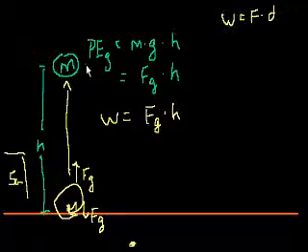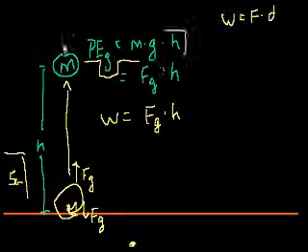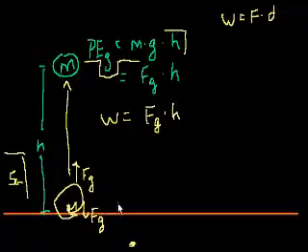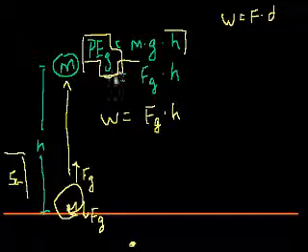And I know when we studied potential energy, it seemed like there was kind of an absolute potential energy, but that's because we always assumed that the potential energy of something is 0 at the surface of the Earth, and that we want to know the potential energy relative to the surface of the Earth. So it would be kind of, how much work does it take to take something from the surface of the Earth to that height? But really, this statement shouldn't be, this is just the absolute potential energy of gravity. We should say this is the potential energy of gravity relative to the surface of the Earth